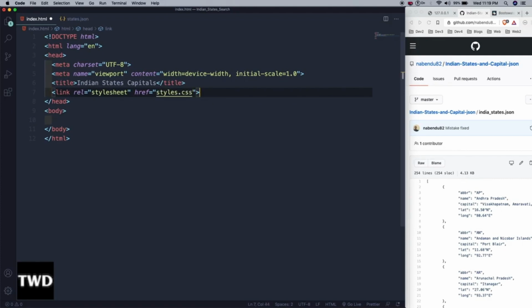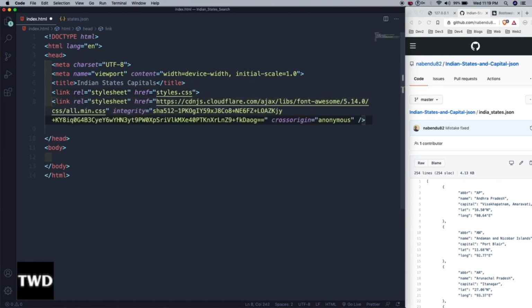style.css, and I will have another thing, Font Awesome, also included in this project, so you can get this Font Awesome link from any CDN, and I'm using 5.14.0. You can use anything else also, but it should be more than 5, which is generally preferred because a bit of the syntax is different. So let's go ahead and create. Okay, one more thing,